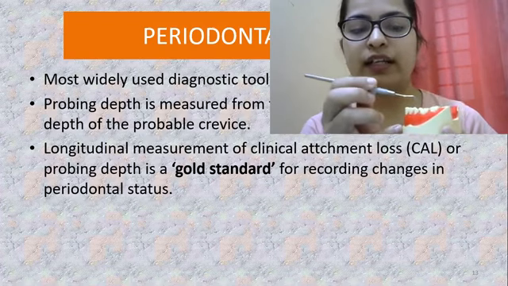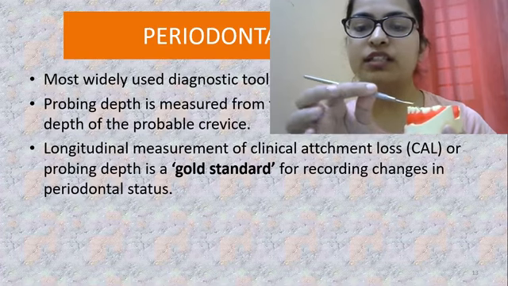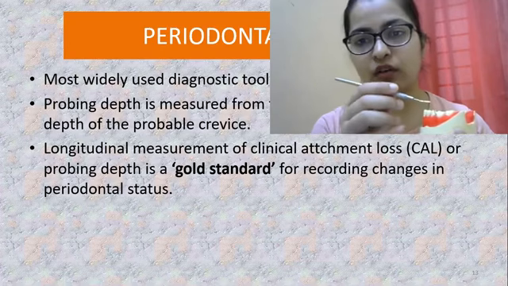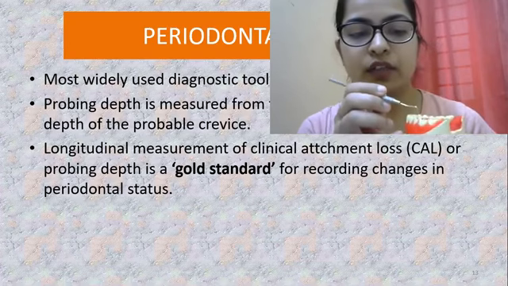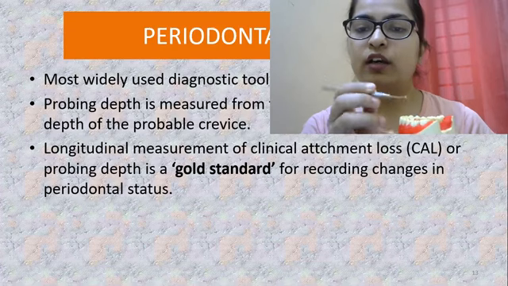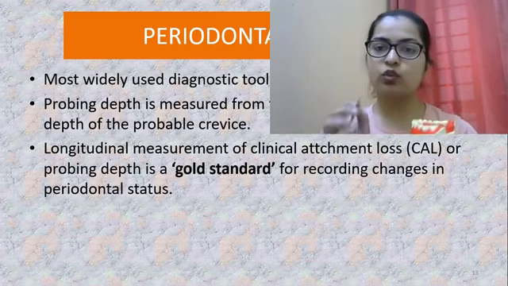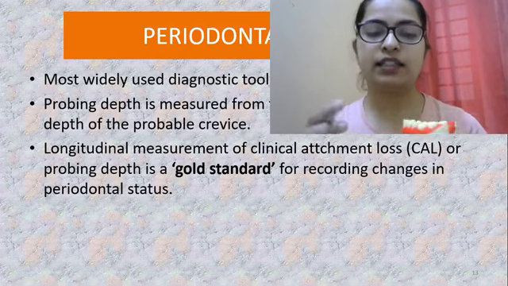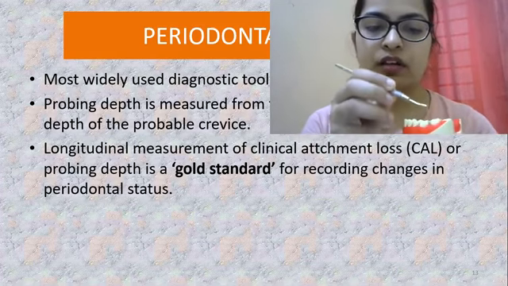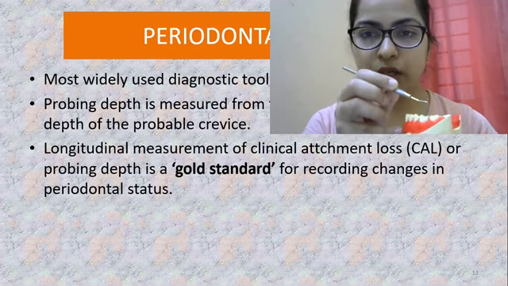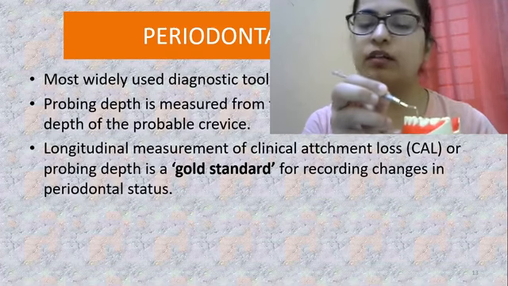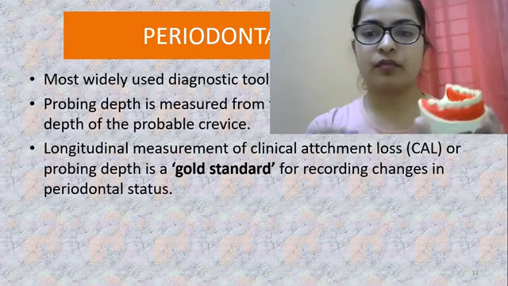Because if we go at an angulation, there can be a chance that we might land up in the embrasure and we get a wrong result. So it should be walked. Now we have six surfaces to check for the sulcus depth, and these are the distobuccal, buccal, mediobuccal, then